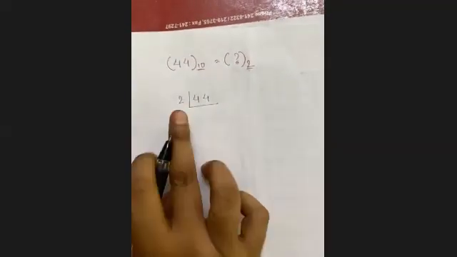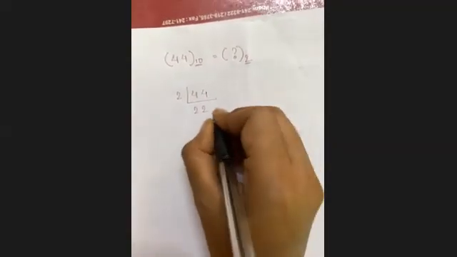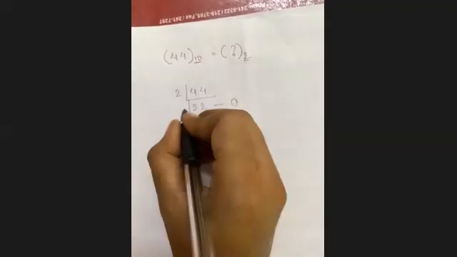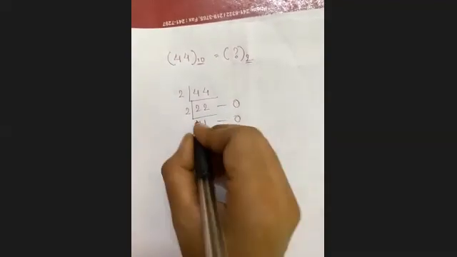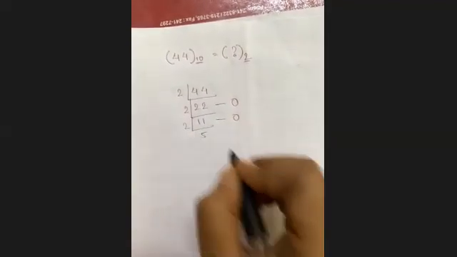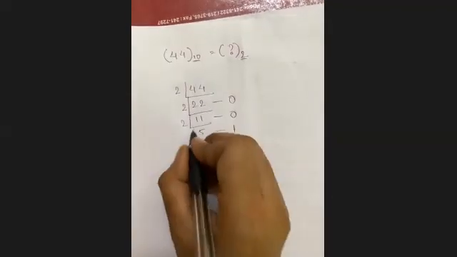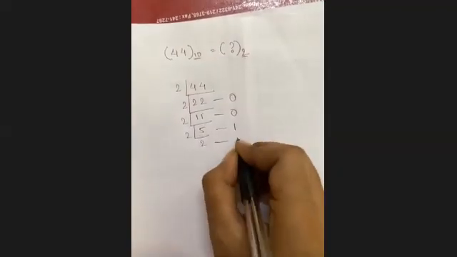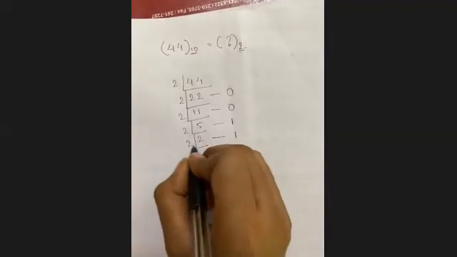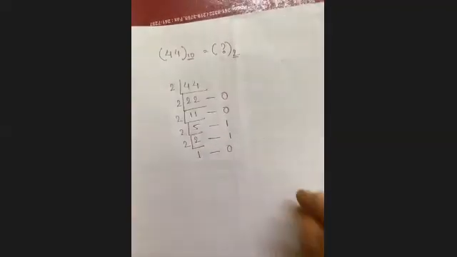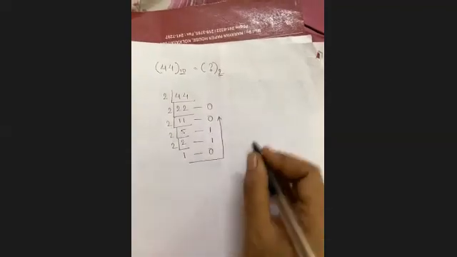You will simply write 44 and start dividing it by 2. So 22 2s are 44. There is no remainder. Again 2. 11 2s are 22. Again no remainder. 5 2s are 10. There is remainder 1. 2 2s are 4. Again remainder 1. 2 1s are 2. There is no remainder. So what will be the corresponding binary value of it? In this sequence. How? 1 0 1 1 0 0.